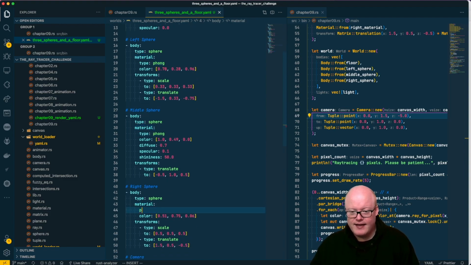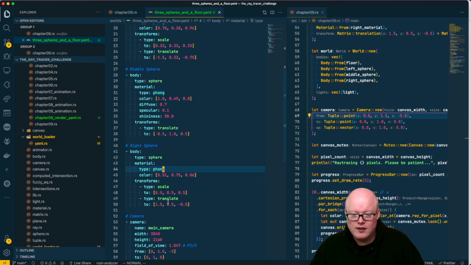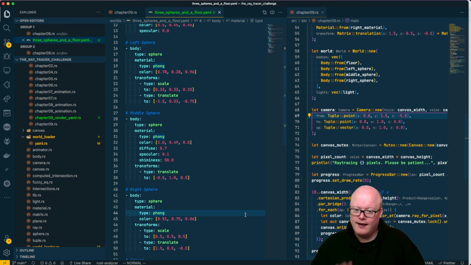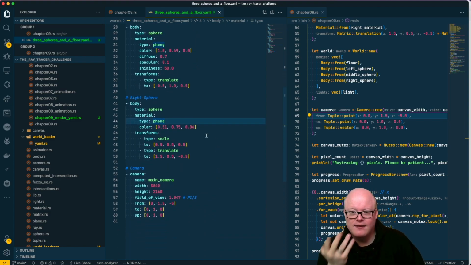So I guess there is an error in our parser there, which creates those paths, because there seems to be a dot material missing, and there shouldn't actually be the type here. There should actually be body dot material, and then it should tell us that it can't find the type. So there is something wrong there, which, well, I will take a look at this afterwards, but yeah, it's good